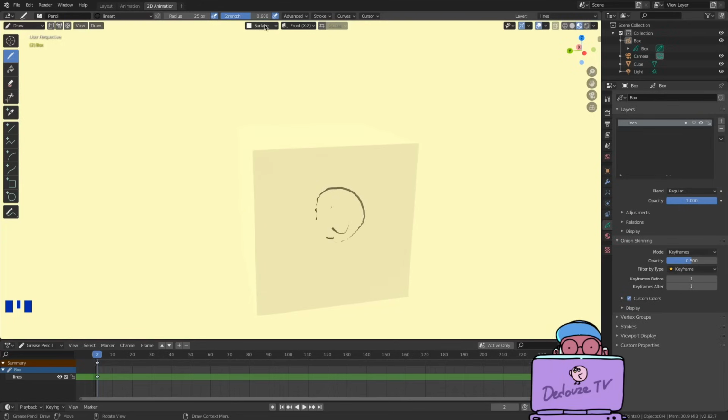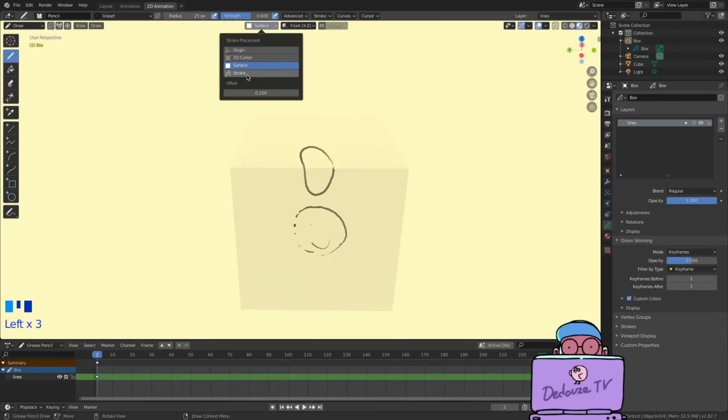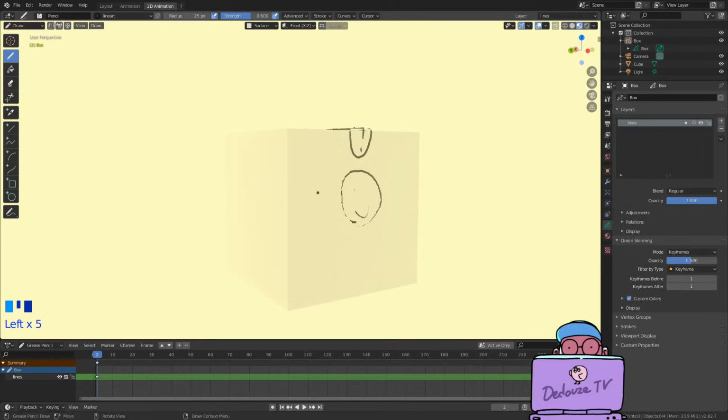To change this, you must adjust the offset. It's in this little input that appears in the drop-down when we selected surface mode. The offset is the distance from the surface to the pen. Most of the time I put it between 0.1 and 0.3. Let's test 0.1 here. Not quite good, so this time let's try 0.3. And it's better now, the lines are more visible.